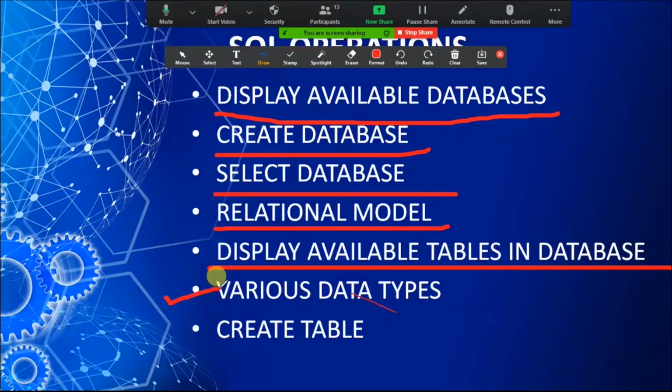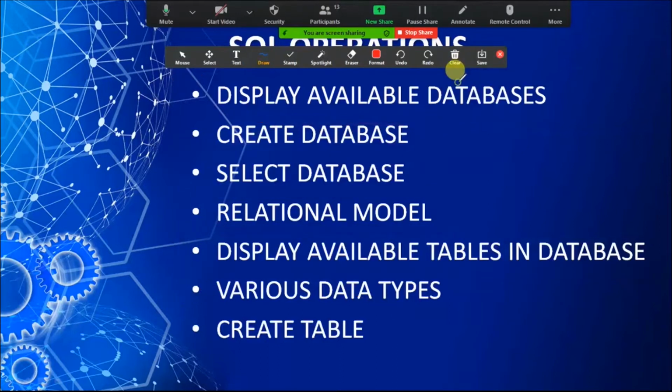Now today we will discuss the various data types. I am going to revise all these commands first of all. After that, we will move to the discussion of data types.